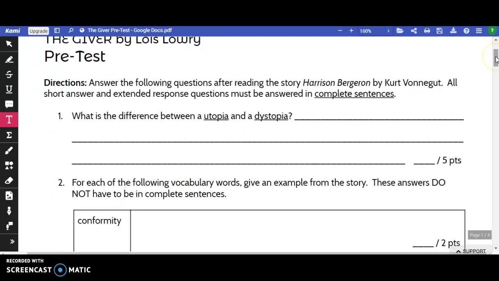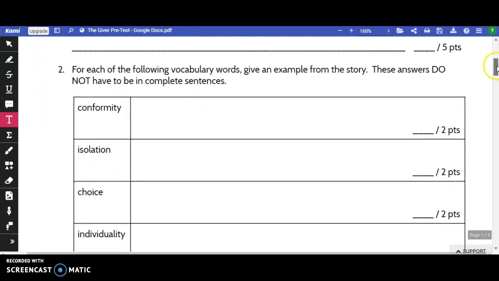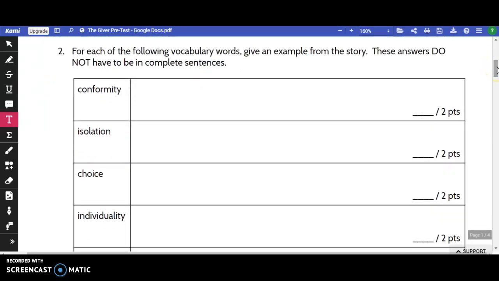Question 1. What is the difference between a utopia and a dystopia? Question 2. For each of the following vocabulary words, give an example from the story. These answers do not have to be in complete sentences. The vocabulary words are conformity,